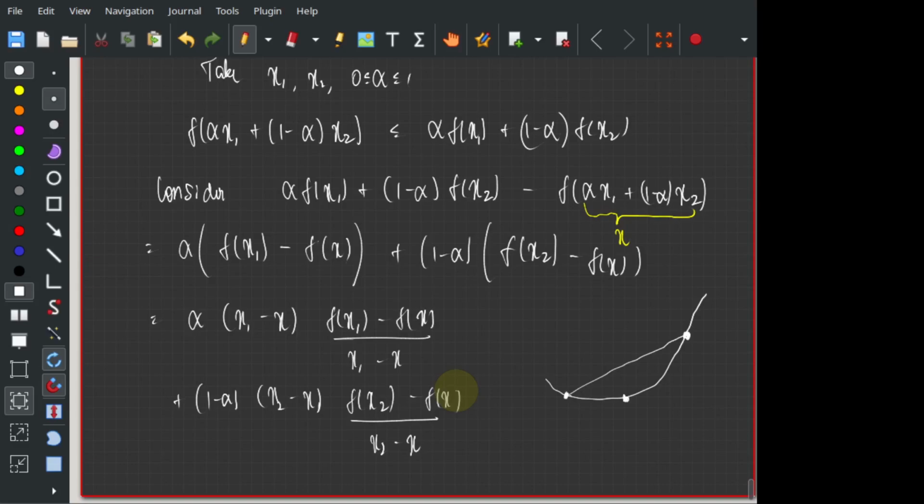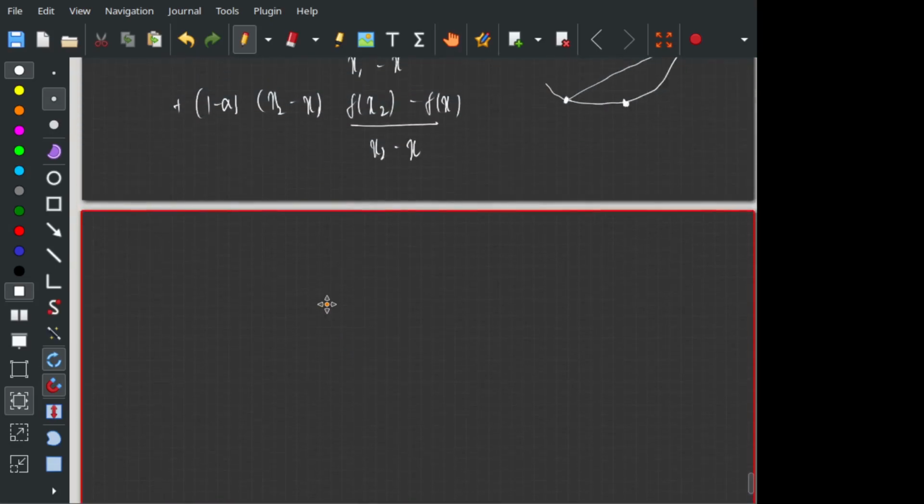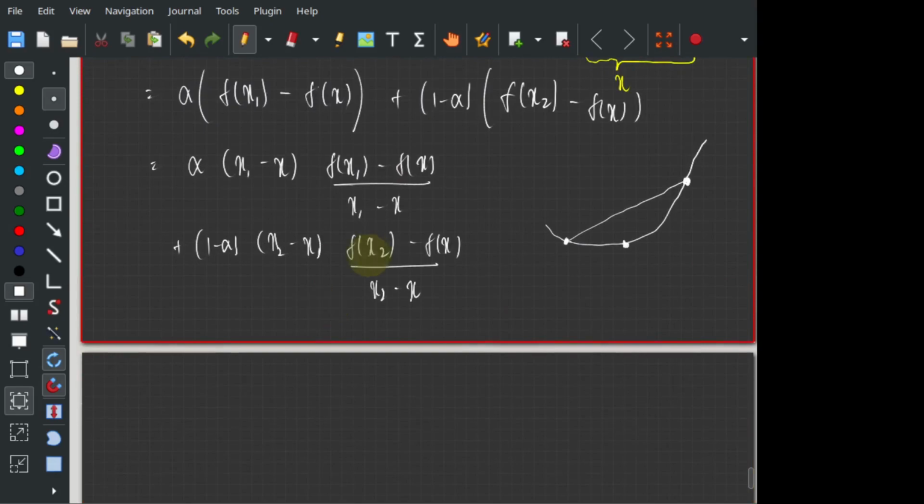Yeah, exactly. So you use the mean value theorem. So what does the mean value theorem say? So this quantity is equal to what? Correct. By the mean value theorem, this is equal to alpha times x1 minus x times some f prime of, let's say, beta 1, where beta 1 is strictly between x1 and x,